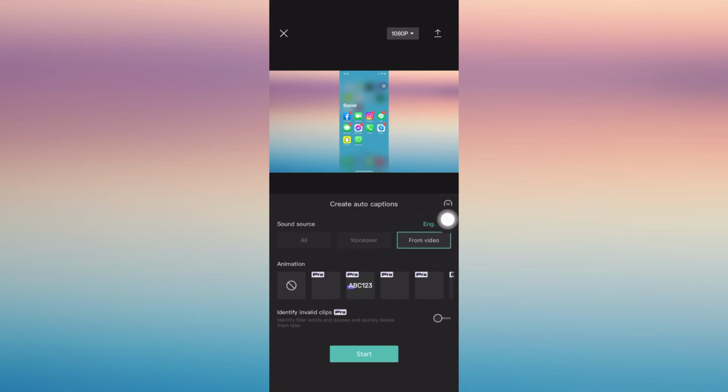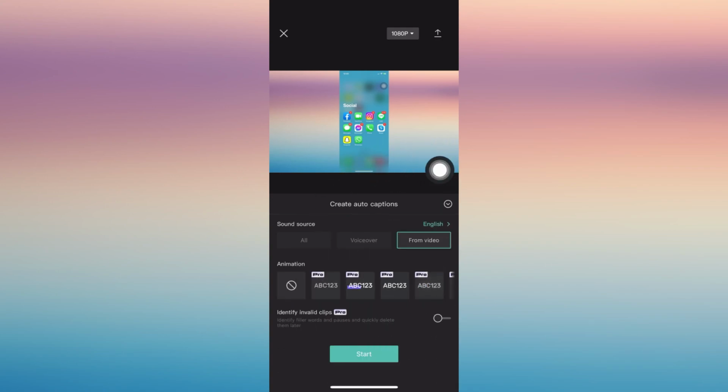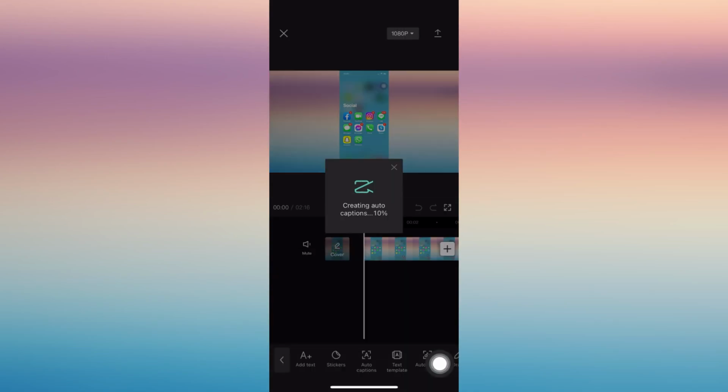Now you can choose the sounds here, select the language of that video. So for mine it's English, in English, and just tap on start for it to start processing, creating your auto captions. Just a reminder, if this is processing, don't leave this app or don't close this app and wait for